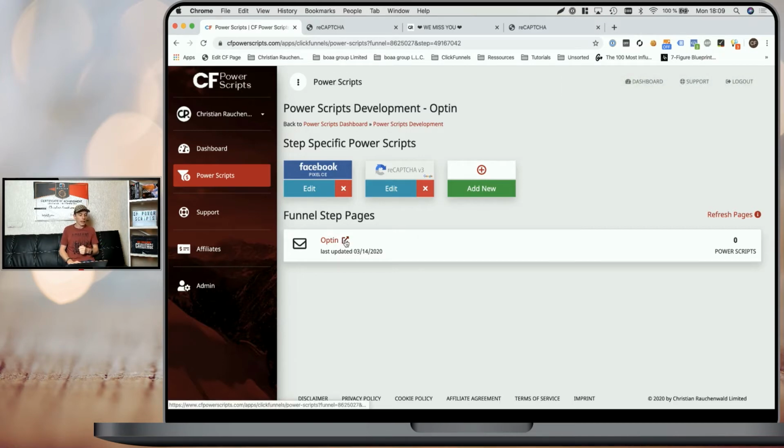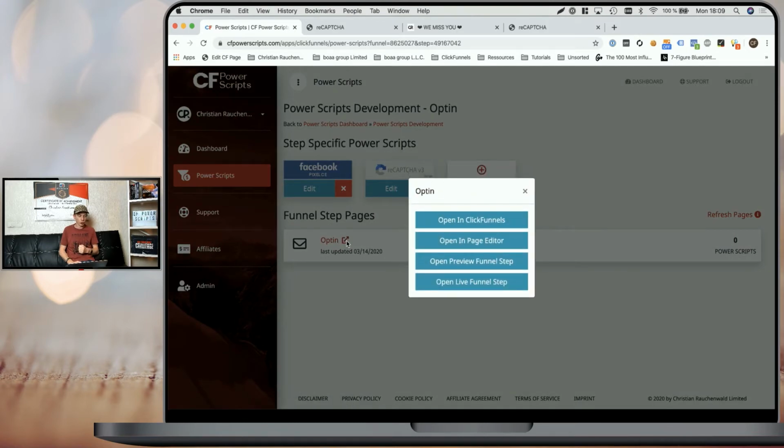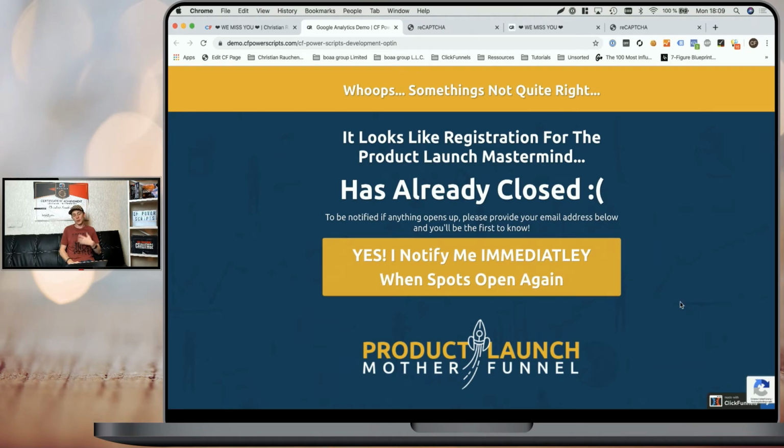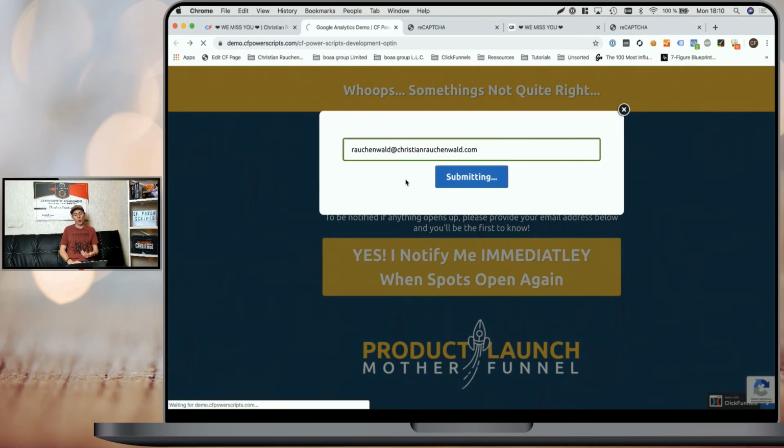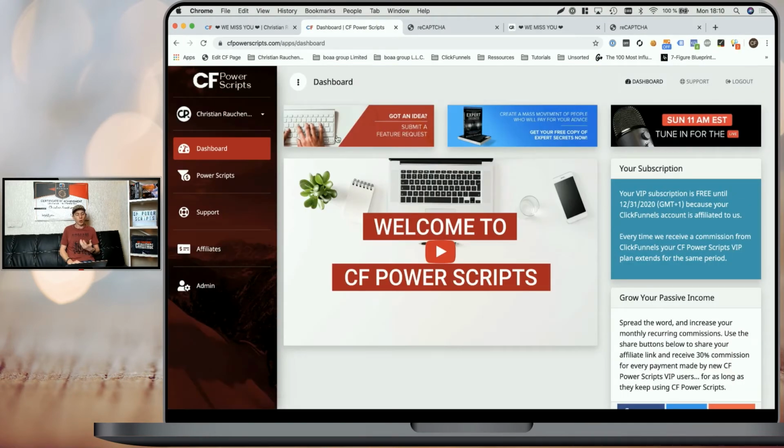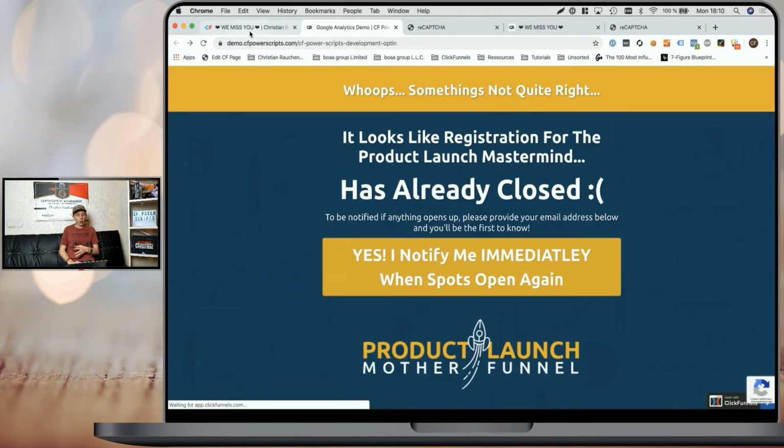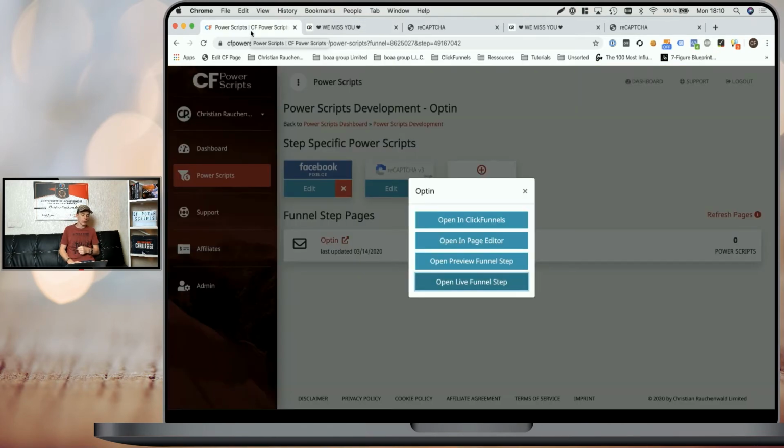So when I click on the icon next to the opt-in page to open the shortcuts and go to the live funnel step, we can see that the page is protected by reCAPTCHA thanks to the badge down here. And once I click on the button and submit the form, you can see that I have no problem opting in here.